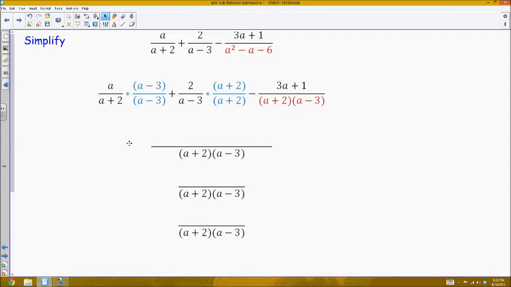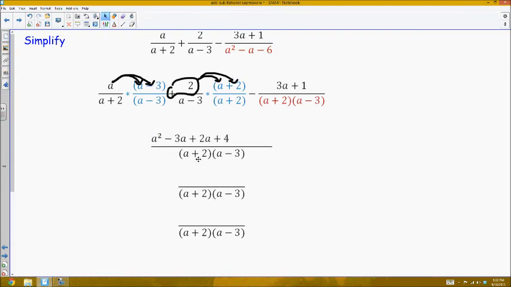So now, one other thing I'm going to do that's going to be a time-saving tip for whenever you're doing rational expressions is, rather than rewrite a times a minus 3 plus 2 times a plus 2 minus 3a plus 1 in the numerator, I'm going to do those distributions all at the same time. So I'm going to distribute my a into my first set of terms. That'll give me my first terms in the next question, so a squared minus 3a. I'm also going to distribute my second one, which is positive 2, into the second binomial. That'll give me my second set of terms, which will be